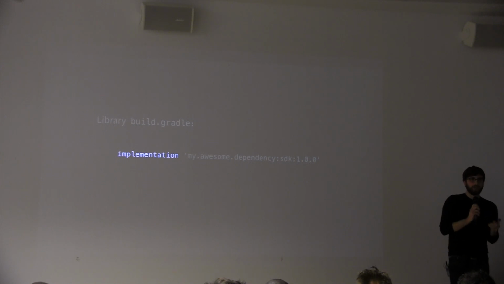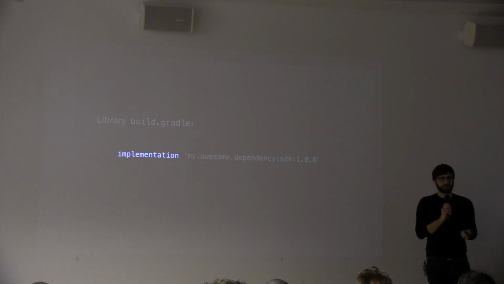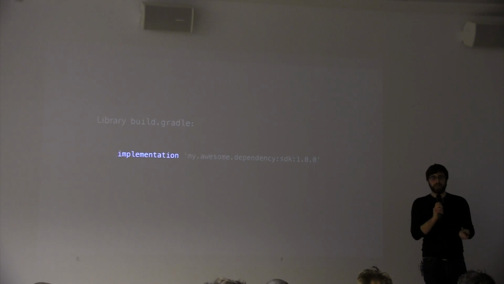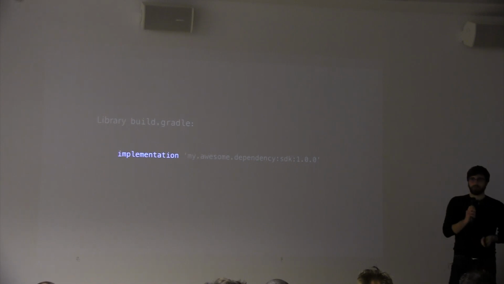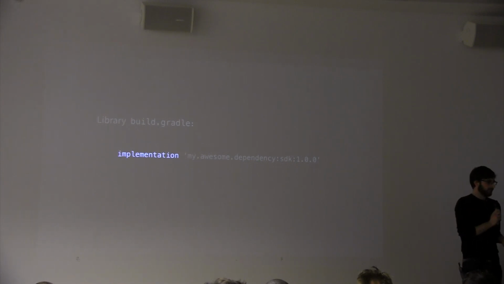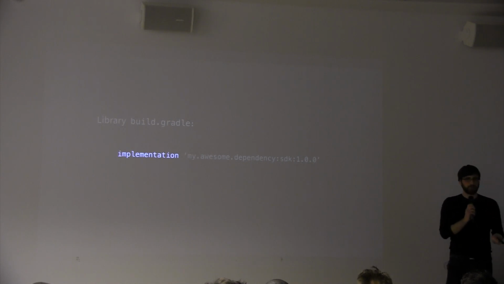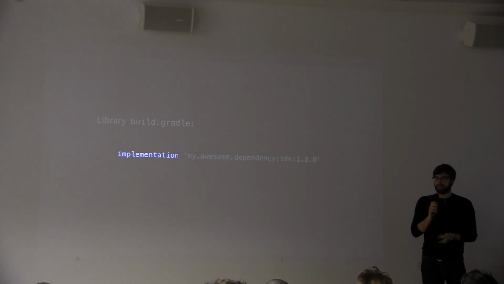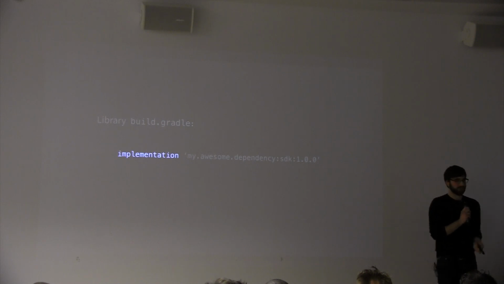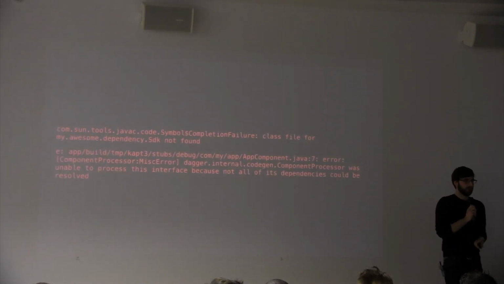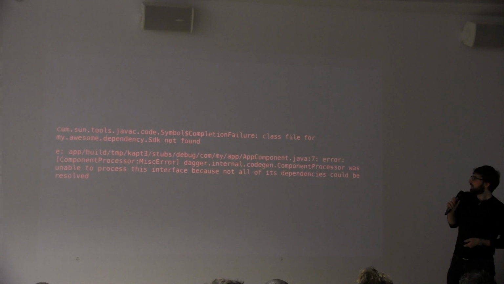You don't really want all the classes from that SDK appearing in your autocomplete unless you're working in the payments module. So that's really useful, right? Until you try and expose one of those classes in your Dagger graph, and suddenly when you try and build, you hit this. So, oh, that class file cannot be found,